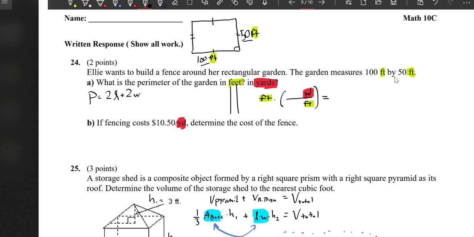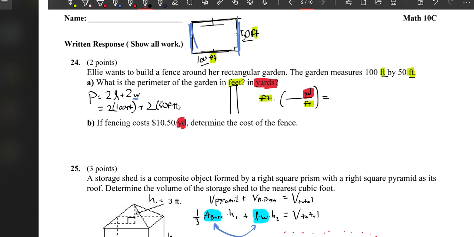So they give me the dimensions initially in feet, and they want it in feet, great. But then later they want me to convert it into yards. So let's do the first bit here. The perimeter of a rectangle is 2 of these lines and 2 of these lines. So I have my width and I have the length. So I've got 2 that are 100 feet and 2